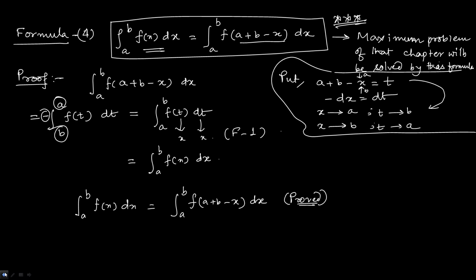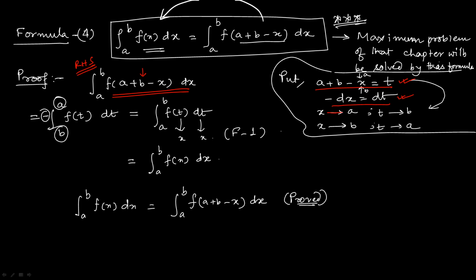So here I want to prove this one is actually this. So for that, what to do? First I have written the right hand side. This is my right hand side. Now after writing that, what do I have to put? I am putting this one equal to t. So when I put this one equal to t, after derivative I get this one, and after derivative I have got this one.